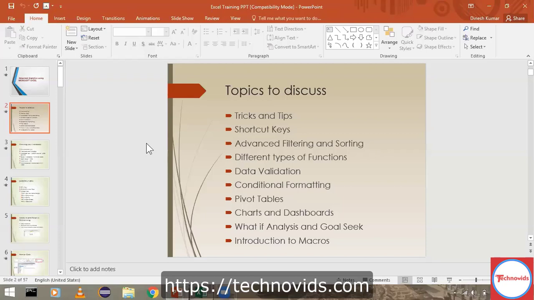Then under pivot tables, we have another concept called power pivots. Power pivots are nothing but the extension of your pivot tables. Generally, we create pivot tables with only one set of data, one sheet of data. With power pivots, we can establish relationships between multiple sheets, and you can create a high-end report using that combination of sheets by establishing relationships and all that. That comes under Power Pivot.